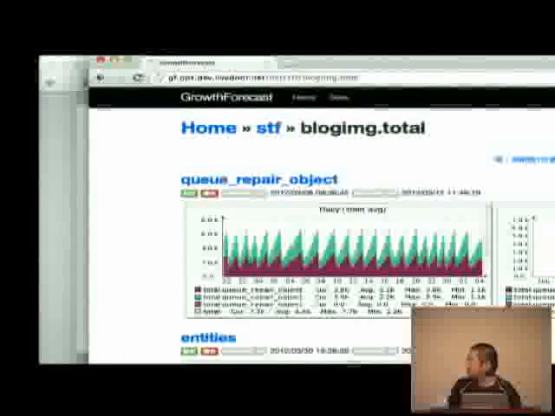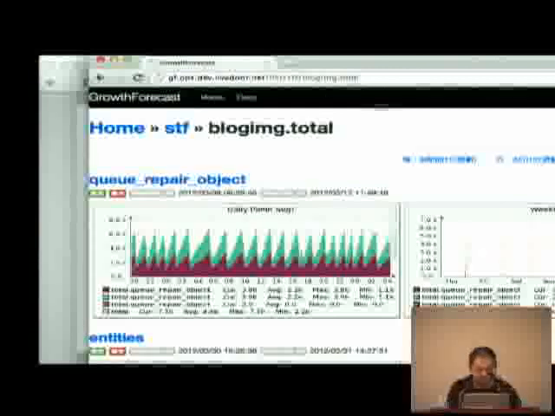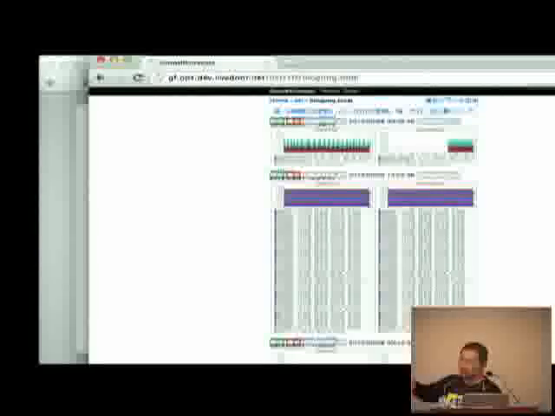So to get those, we use this thing called Growth Forecast, which is sort of, let me see if it fits. That's a big thing, but it's got all of our storage servers. Anyway, this shows stuff like number of entities per storage, and that's something that's unique to this application. So we have to calculate the number, and we post it to this web application, and it keeps track of the data and puts it in a nice graph,